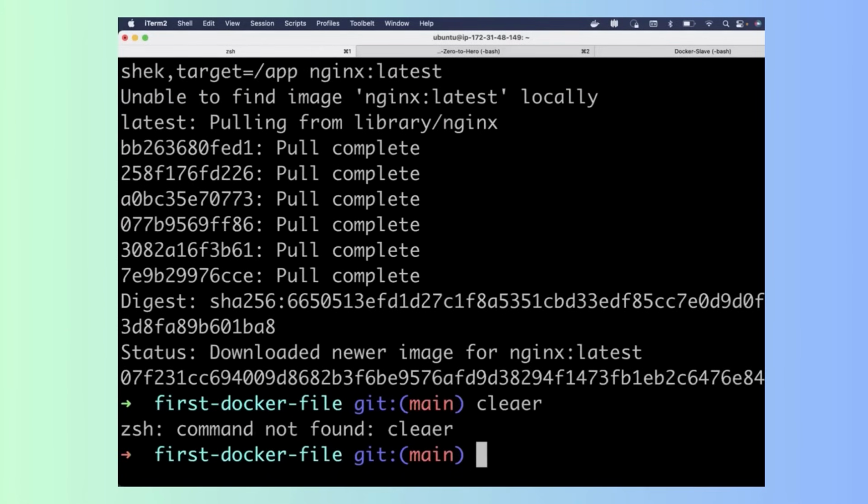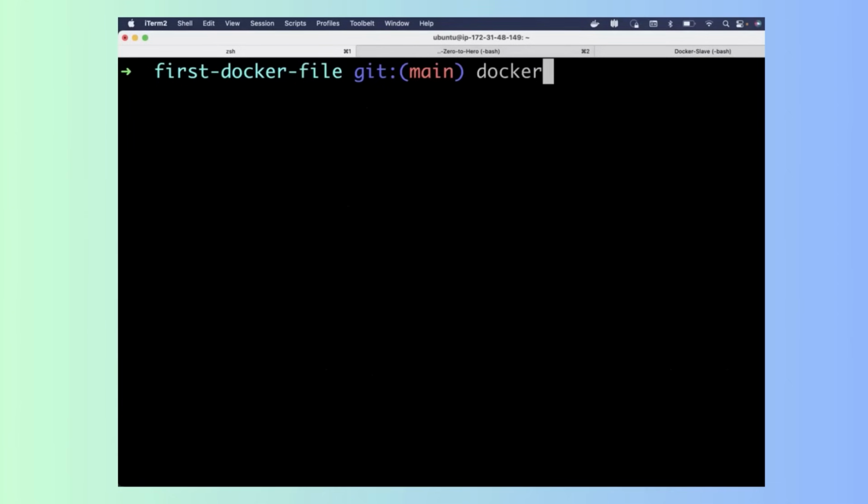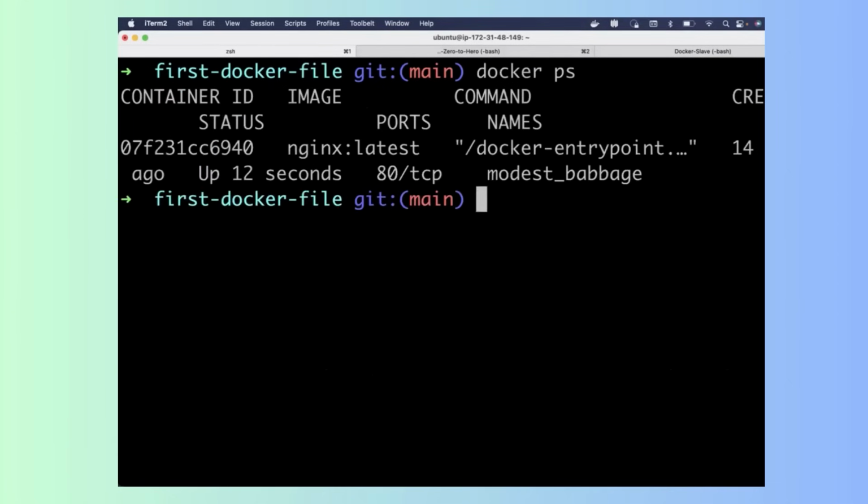So to understand that, what you will first do is use a command called docker ps. What will docker ps do? It will provide you a list of running containers. So in this case, this is the only running container, because I don't have any other container that is running. Now you can simply say docker